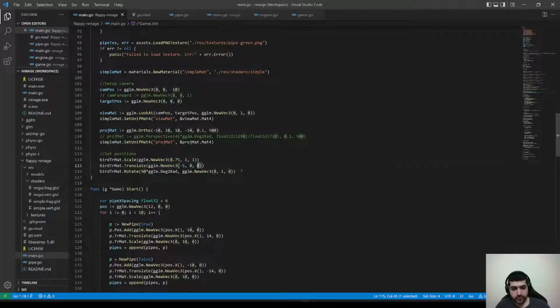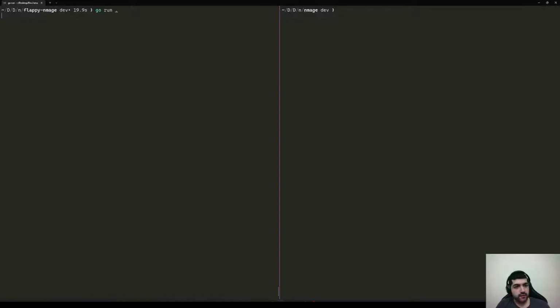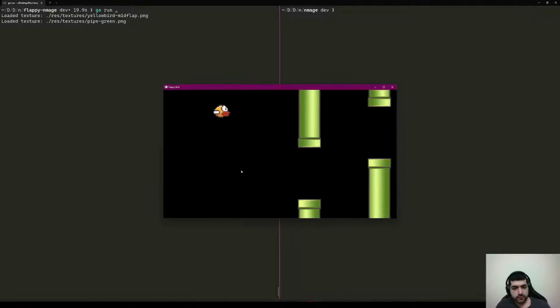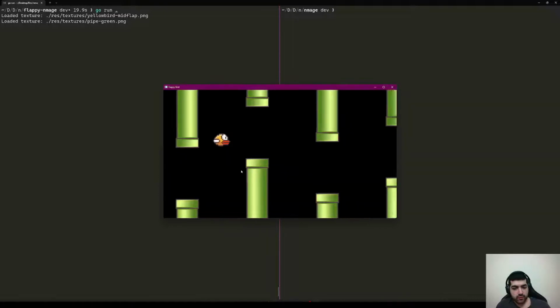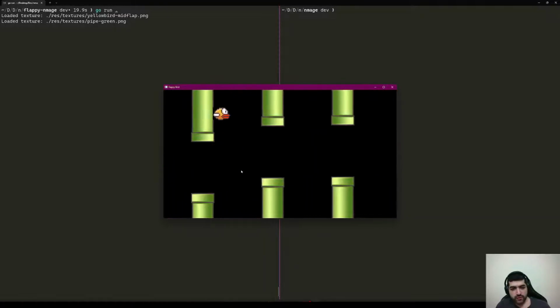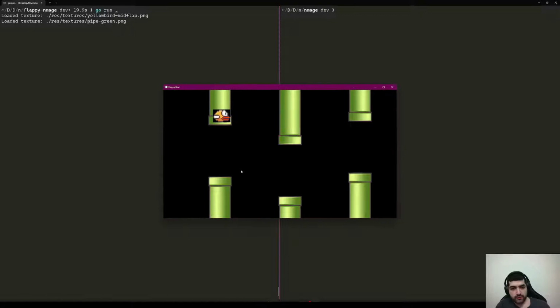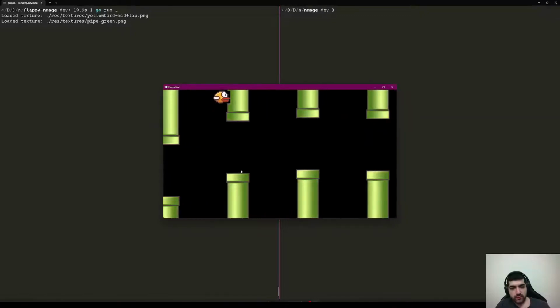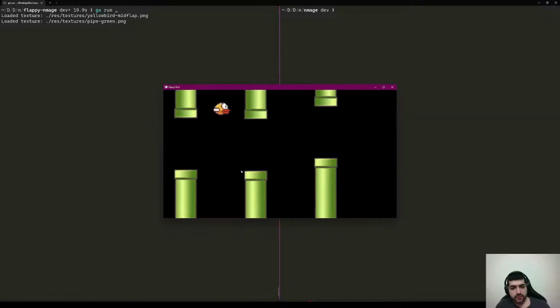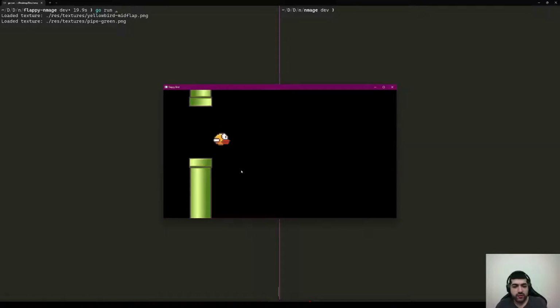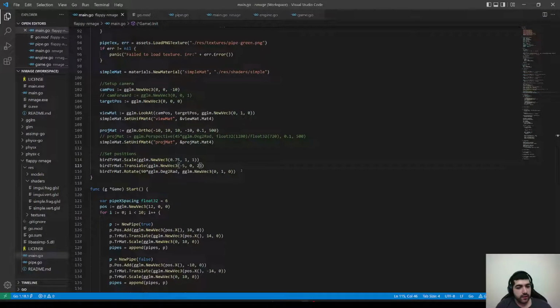So let's move the bird by like 2. See if this helps. So essentially, we put it to make sure it's in front. That didn't help. Okay, so that's one thing to look at, which is why the bird is, I guess. But yeah, we got rid of stretching at least. So this seems nice. Let's see. Let's